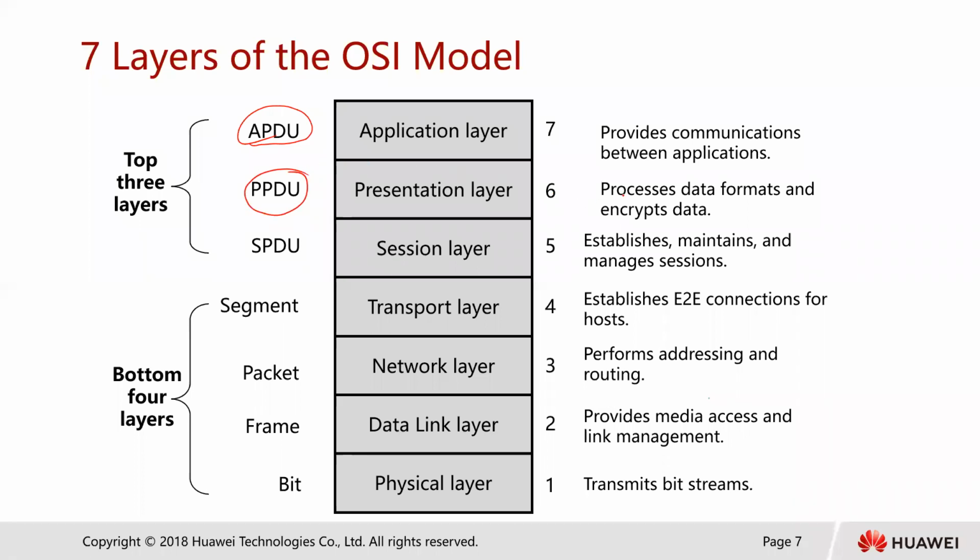So our presentation layer helps us to process data formats, and it encrypts data, right? What data am I receiving from my application layer? Is it a video? Is it an image? Is it an audio file? So it's going to process all these formats, and then it's also going to help us with the encryption and decryption of that data in case it is the one which is receiving to send up to our 7th layer. So this is our presentation layer, and like we said, its protocol data unit is called the presentation